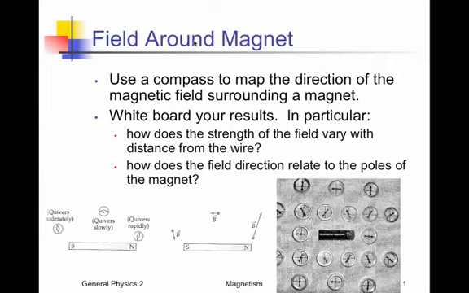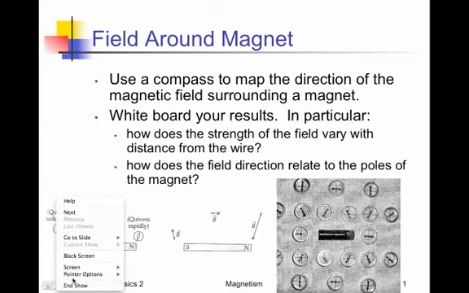Chapter 7 is about magnetic fields and how magnetic fields affect moving charges in a magnetic field. And so the first thing we want to talk about is the field surrounding a magnet. So if we look at the pictures down here at the bottom,